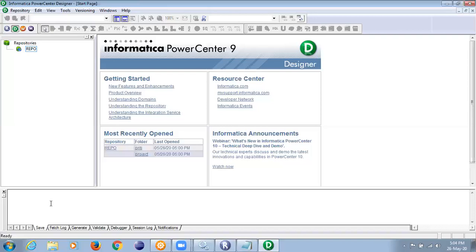And the ready which you can see at the bottom will be used to show if you are trying to do something which is not possible in Informatica. You will see that also, what is not possible in Informatica and what is possible in Informatica. Am I clear? Perfect. So let us now start connecting.